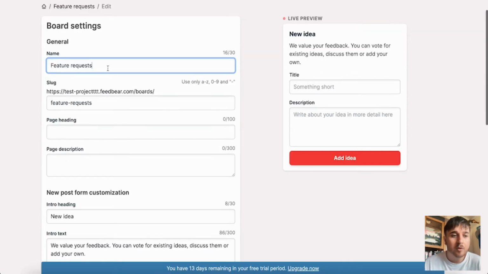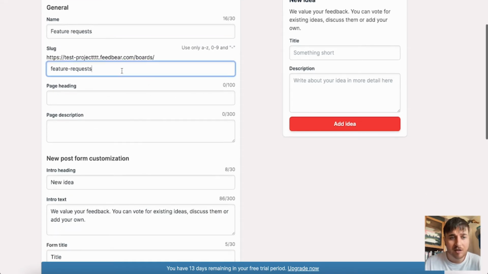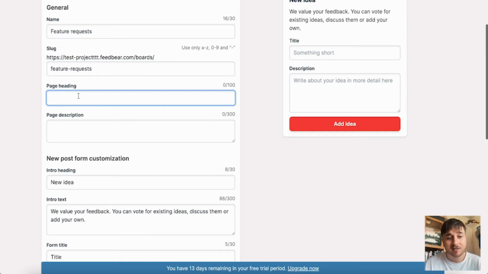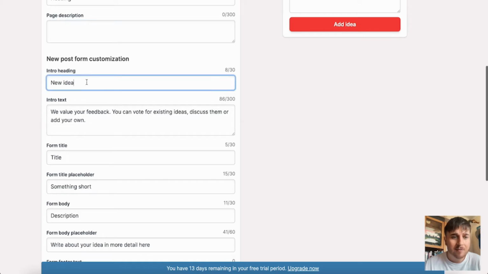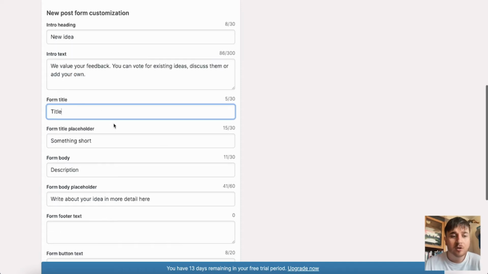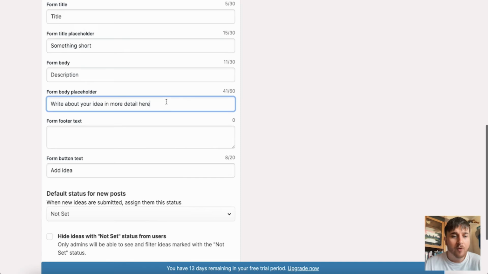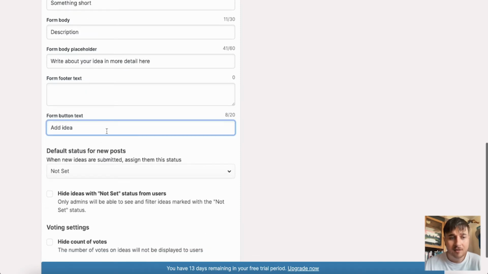If we click onto there, we can first set our name for this particular board. So it's automatically set to feature requests. You can also set the slug as well, page heading if necessary, and a short description. We also have the new post form customization, where you can set the intro heading, the intro text. It's automatically set to we value your feedback. You can vote for existing ideas, discuss them, or add your own. The form title placeholder, the form body placeholder, the form footer text, the form button text, and then we also